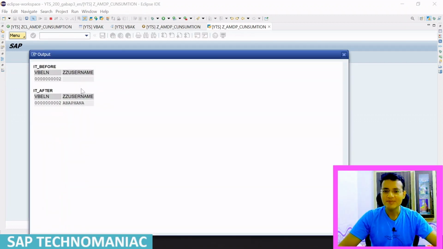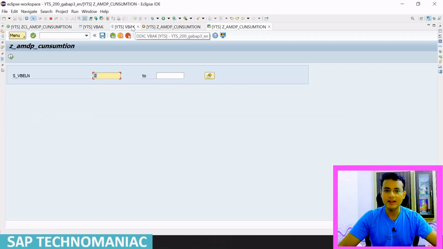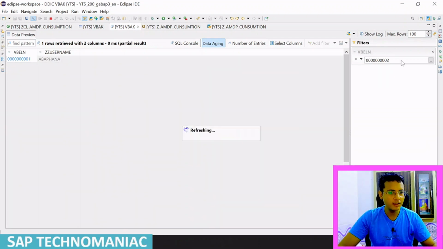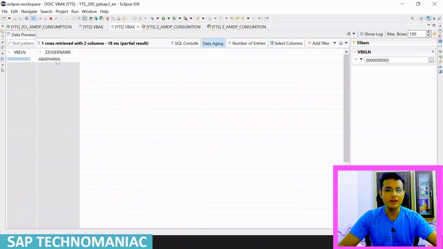So you can see previously it was no value, now it converted to ABAP HANA. Let me refresh the tables and show you. You can refresh from here. So you can see for that I have to put 2. Initially there was no value, now it has ABAP HANA. Like that we can